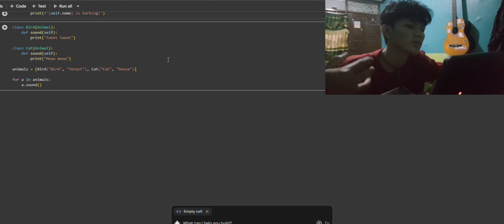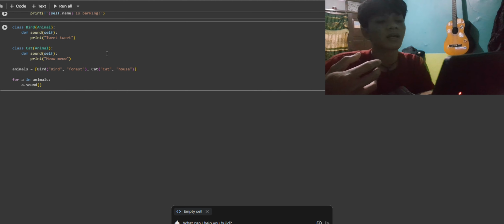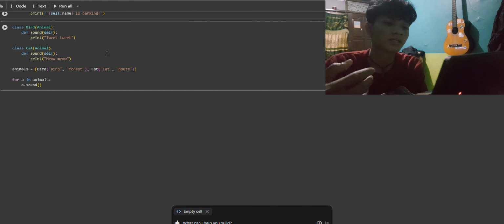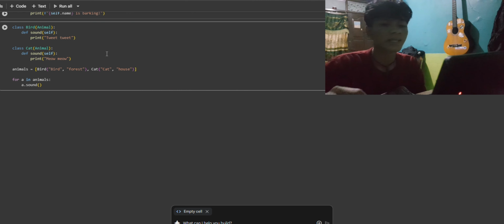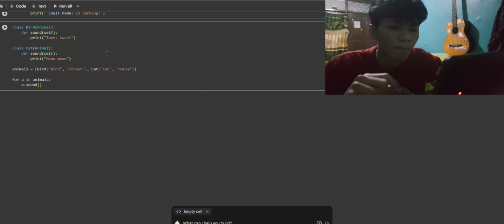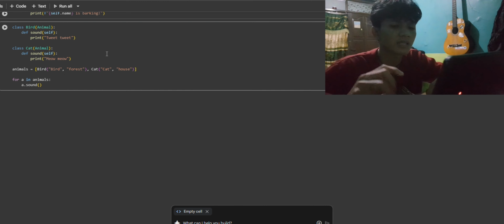And the last is what is polymorphism and how to implement it. Polymorphism comes from the Greek word meaning manifold. In programming, it allows different classes to define methods with the same name, but each implementation behaves differently depending on the object. This is extremely useful because it lets us write more flexible and